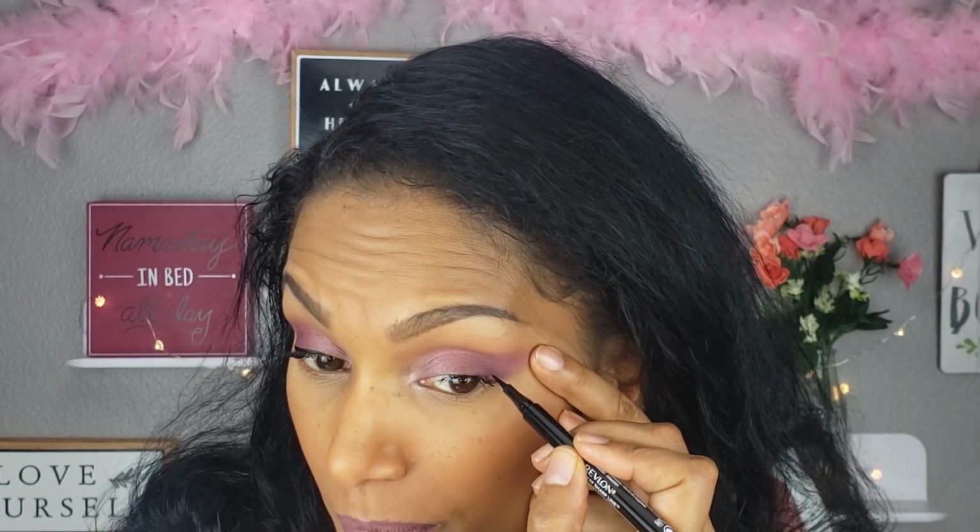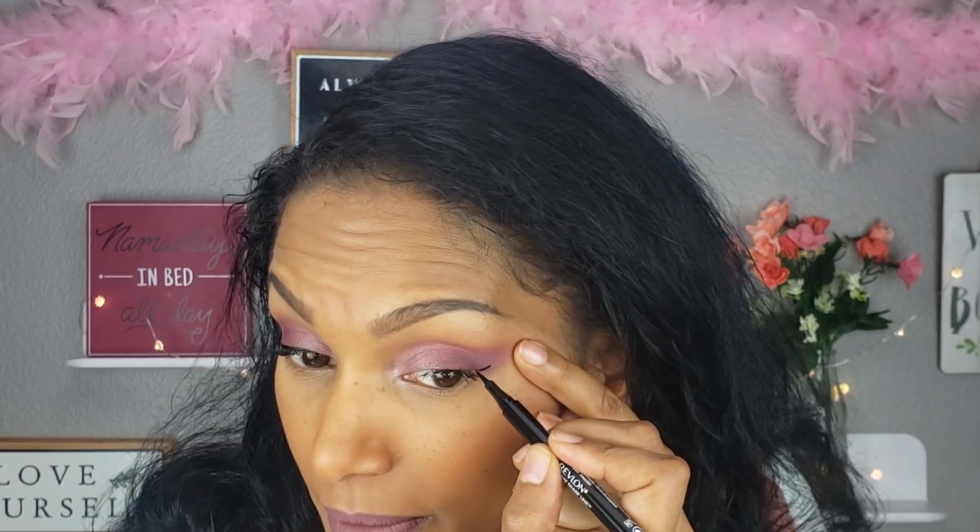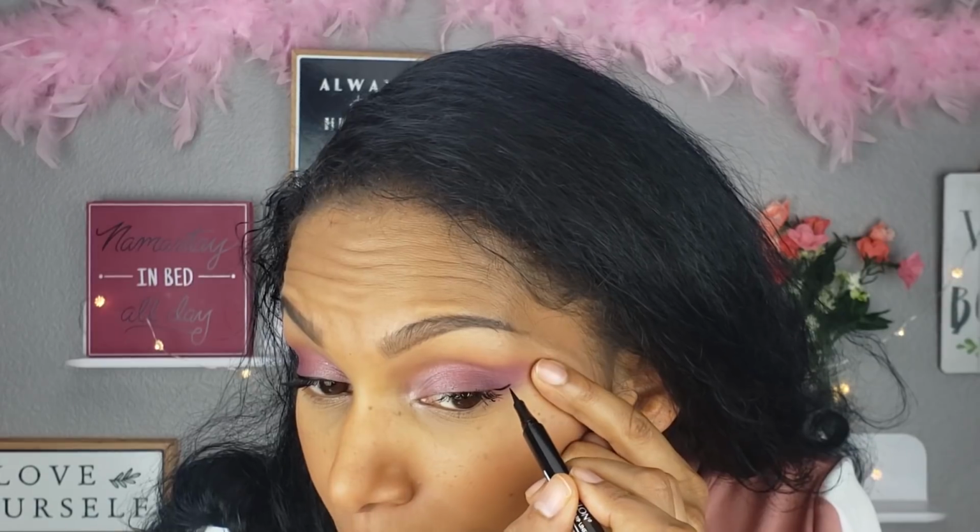So now we're going to go to the other side and I'm going to do the same thing there. You have to try to match it. Just follow the natural shape of your eye because they are similar. So it'll be close to similar, but even if it's not, nobody's going to be like, oh, your eyes are different. No, it'll be fine. So here we go. A little line. See, this line is completely different from this one, but I'm not going to stress. I'm just going to make it work for me. And then we're going to take the tip of the line